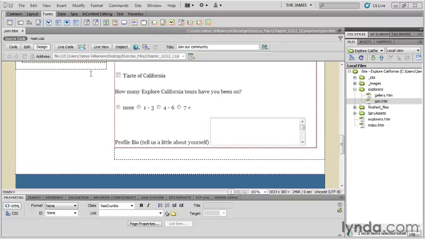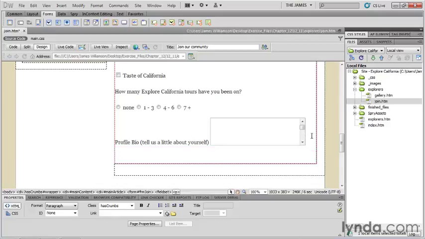So again, I have the join.html file open, this time from the 1211 Explorers directory, and scroll all the way down to the bottom of the page, and you'll find the last form element we placed on the page, which is the text area. I'm going to place my cursor directly after that and hit return to create a brand new paragraph. Okay, I am going to go up to my insert panel, and almost dead in the middle of